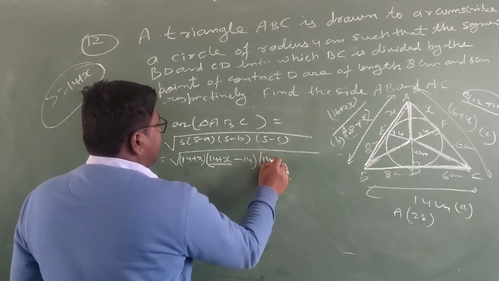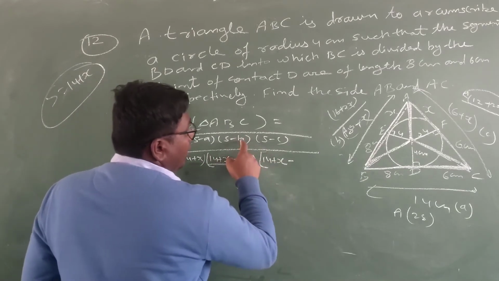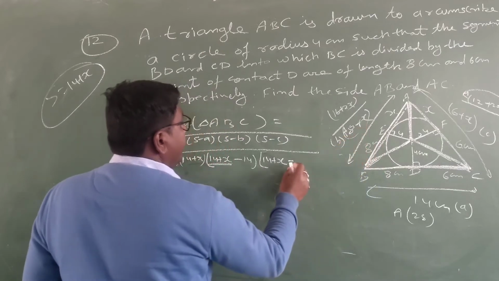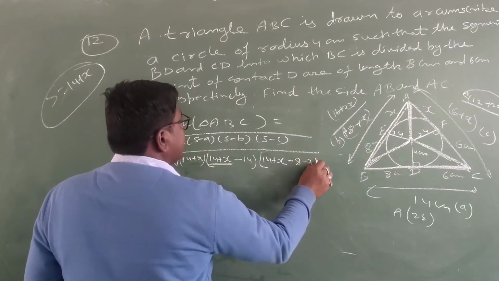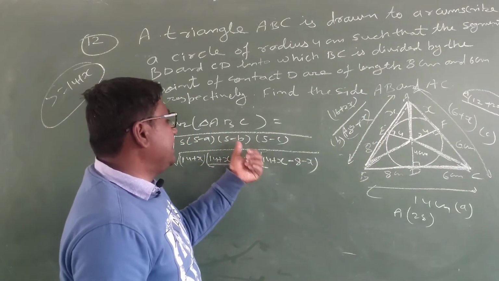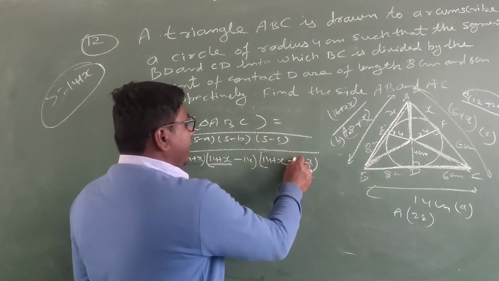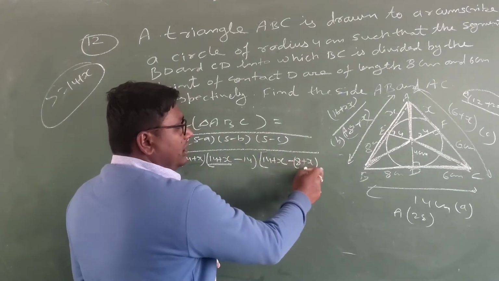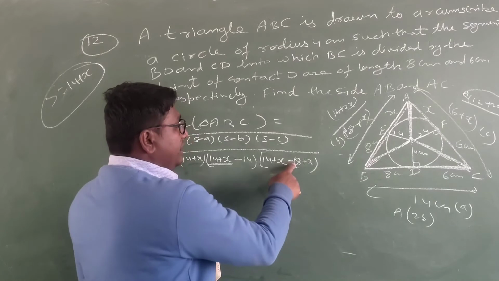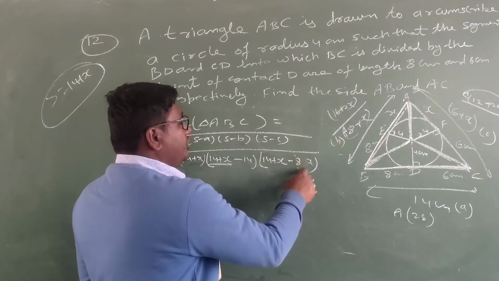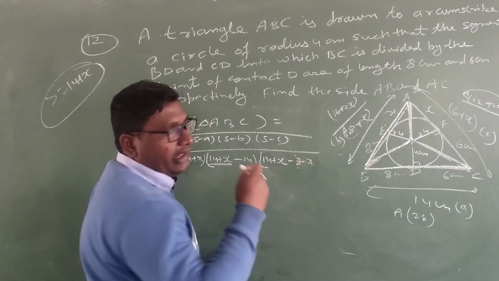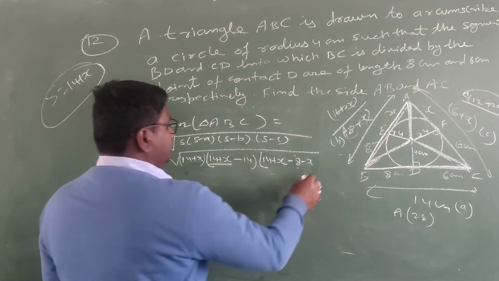Again s means 14 plus x minus formula b, I mean b will be 8 minus x. Because it is here in minus, we need to put a bracket here also. We should put it like this, and when this bracket is removed, this sign will be changed. That's why I am writing it here directly, minus 8 minus x.